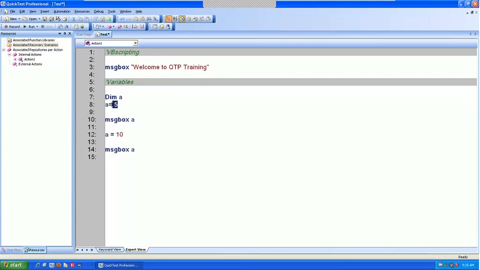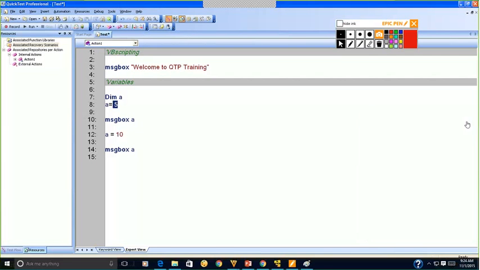That's why we call it a variable. Okay, so that is what is variable. Now, if you want to read more about variables,